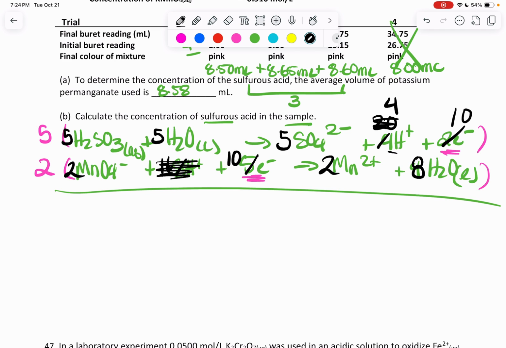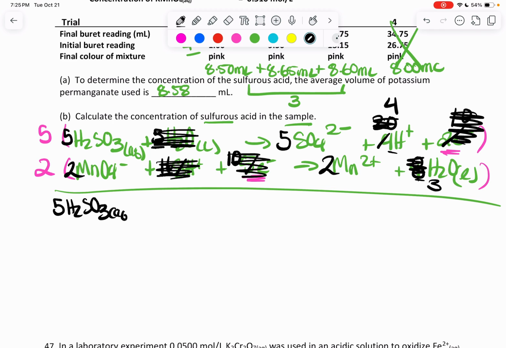I have 5 waters here and 8 waters here, so I'm just going to cross those out. And I'm going to add 3 here. I'm going to cross these electrons out because they balance and everything else should be good. So your result is